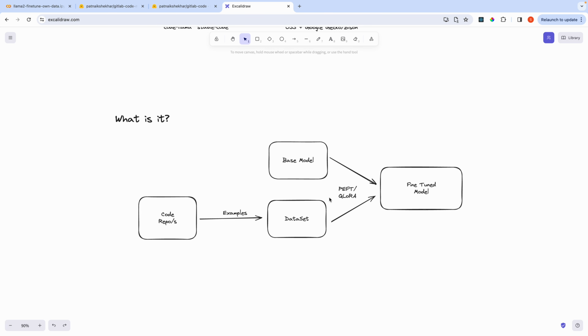So let's talk about what the process of fine tuning is. Essentially, we take data out of our code repo. The customer decides, I want to fine tune my model based on these following repos, and we create a data set. And then we also take the base model, which is the open source base model, and we apply PEFT, which is parameter efficient fine tuning. And there's a technique within PEFT called QLoRa, which lets you fine tune the model with